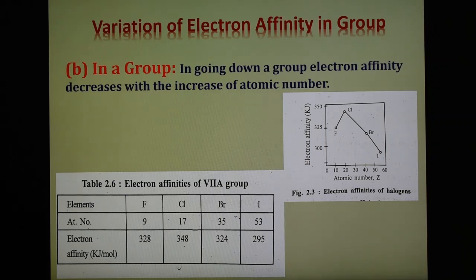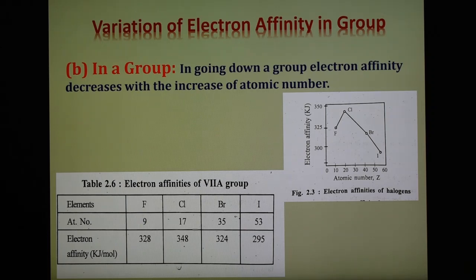Electron affinity decreases from chlorine to bromine and bromine to iodine, but the electron affinity of chlorine is higher as compared to that of fluorine. We can explain this on the basis of the small size of fluorine. As a result of its very small size, inter-electronic repulsion is relatively high in the compact 2p subshell of fluorine atom, more than in the larger 3p subshell of chlorine atom, and this means that the incoming electron in the fluorine atom finds less attraction as compared to the chlorine atom, and therefore the electron affinity of chlorine is higher than that of fluorine.